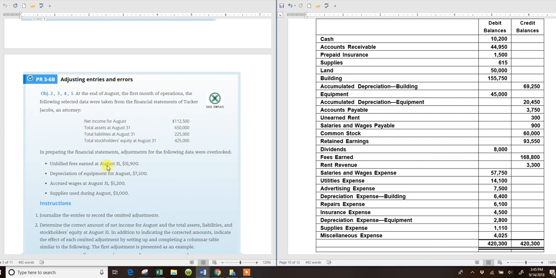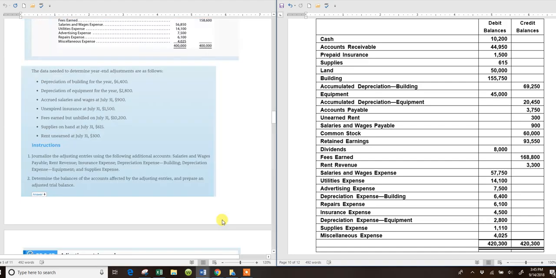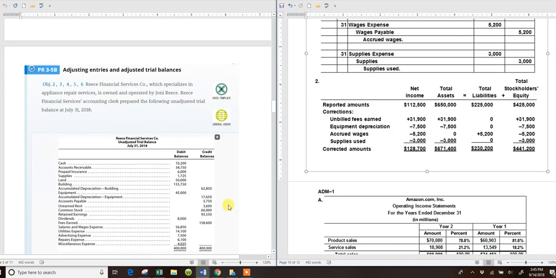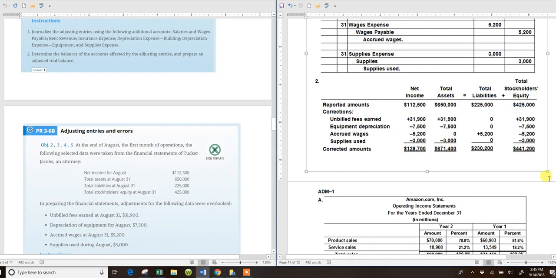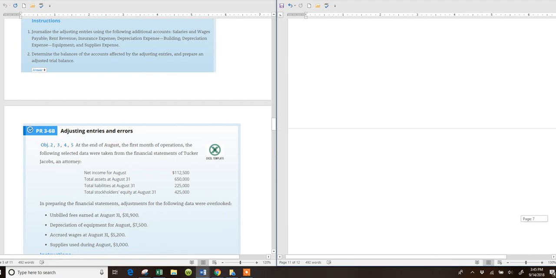In preparing the financial statements, adjustments for the following data are overlooked. So even though it balances, I didn't make some journal entries. So I need to now journalize my entries. But basically what they're saying is make the adjusting entries. So again, I'm going to go through the same process as I did for 3.5b. Make sure you write out your